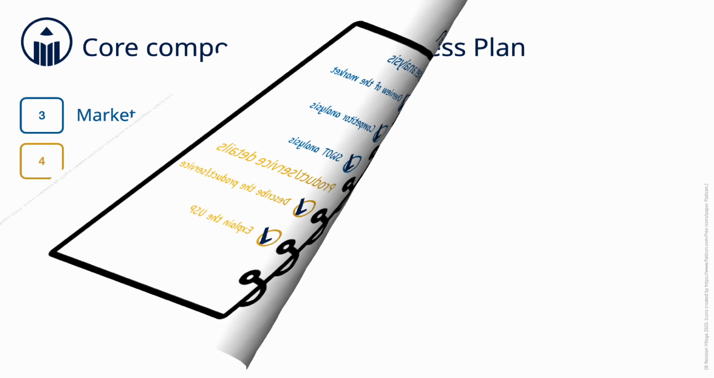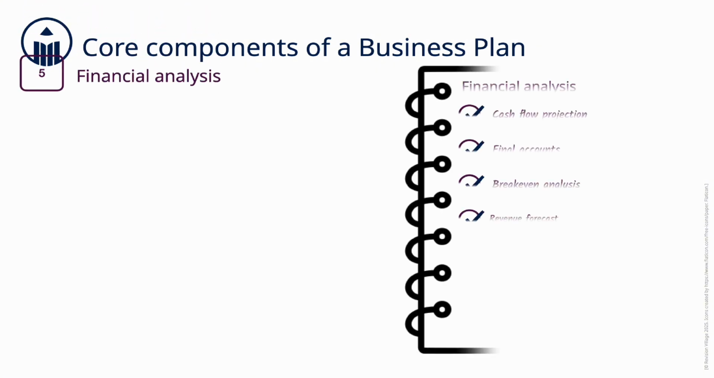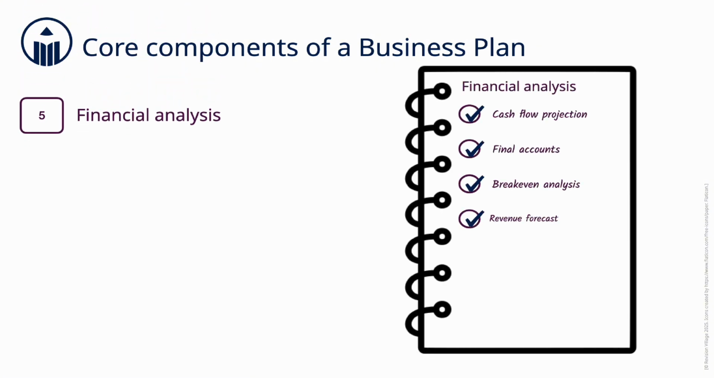The next component contains the financial analysis, which is critical for demonstrating the financial viability and sustainability of a business. It is typical that this section would include a cash flow projection. This shows how much cash is expected to flow in and out of a business over a specific period, usually monthly or quarterly. It helps in planning for periods when cash might be tight and ensures there are enough funds